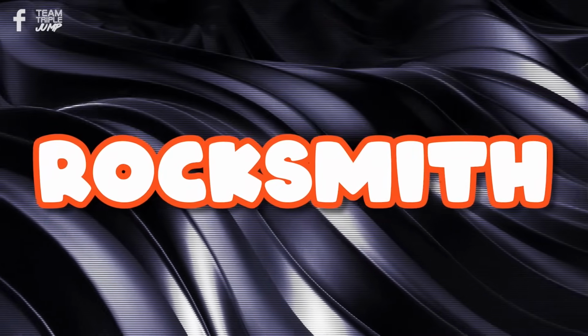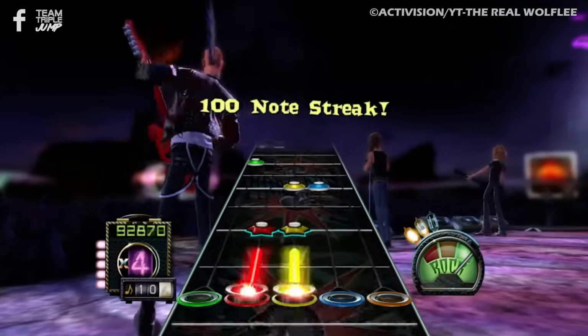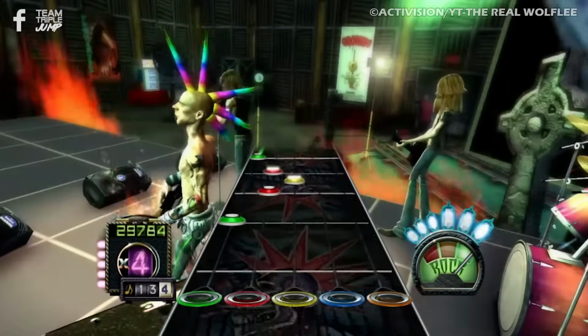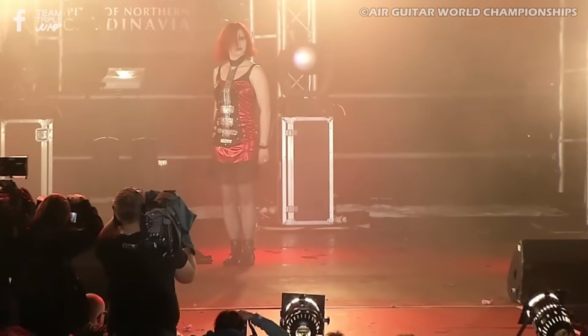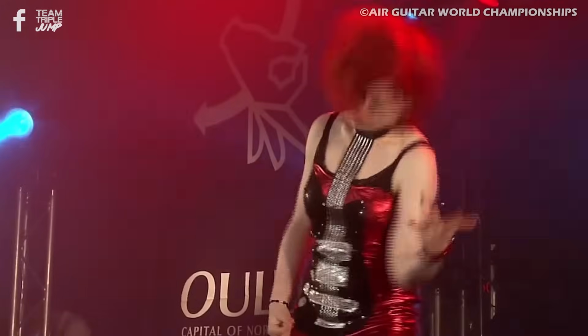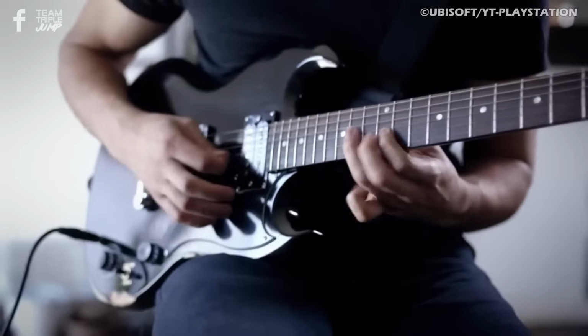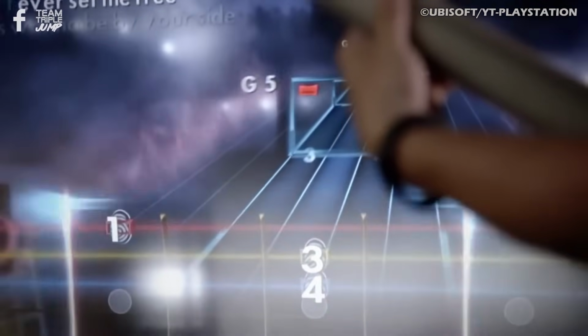And number 1, Rocksmith. Sure, Guitar Hero may have emulated the Rockstar experience, but it wasn't likely to get you super famous, no matter how good you were. Though there is a championship for people who play air guitar, so what do I know? However, if you really wanted to learn how to play guitar, and were morally opposed to proper lessons, there was